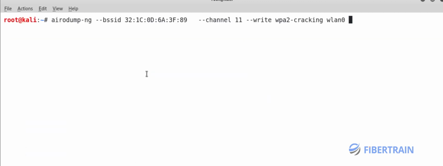Now this is the command we are going to run: airodump-ng --bssid, which is the MAC address of the wireless device that is hosting the hotspot. And then, as we confirmed in the area scan, my hotspot is running on channel 11, and then we are going to give a name to this capture. So we do --write. We are naming it